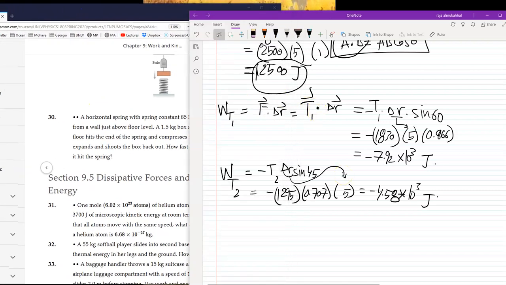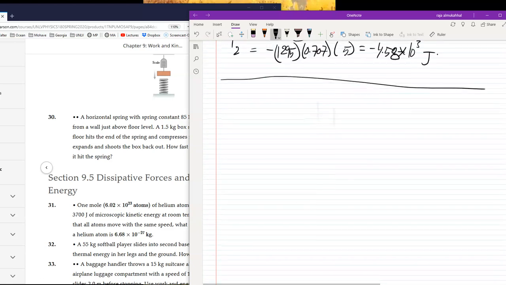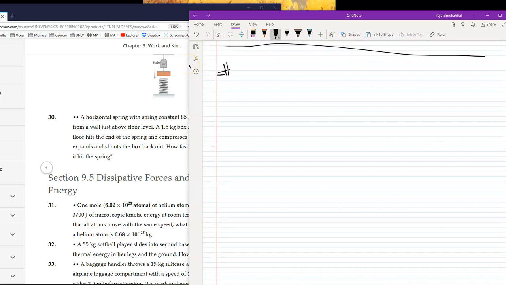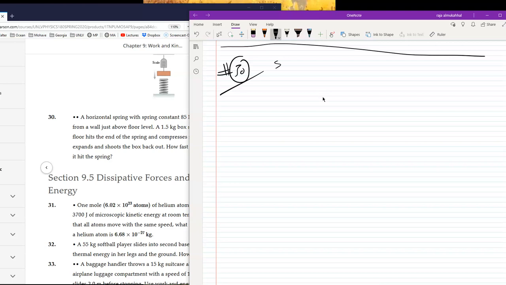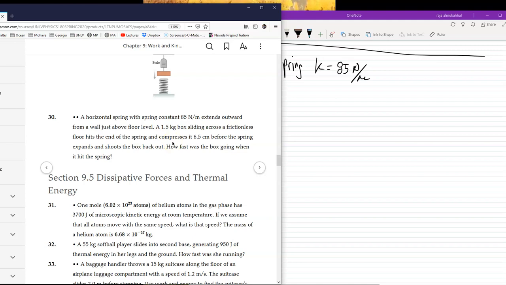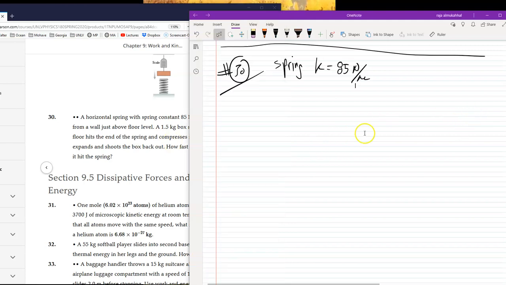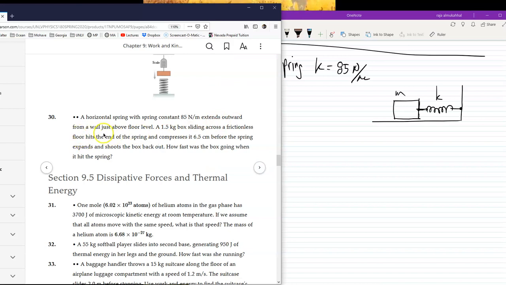It says, a horizontal spring with spring constant 85 Newton per meter. So we have a spring with spring constant of 85 Newton per meter, extend outward from a wall just above the floor level. Okay, let me show you a picture of how that looks. So you have something like this. Here is the wall. Here is the floor. I have a spring. Okay, and here is a mass. This is a mass, and that's the spring constant right there. And he says a horizontal spring of spring constant 85 extends outward from a wall, there we go, just